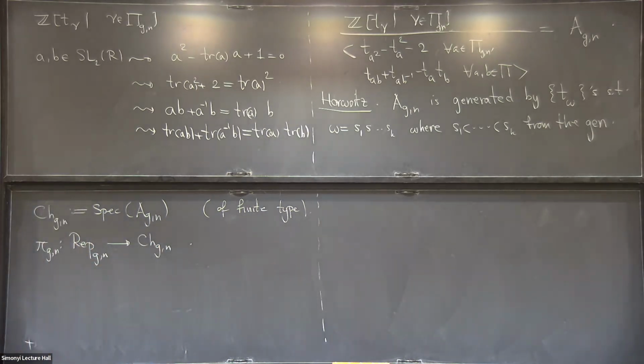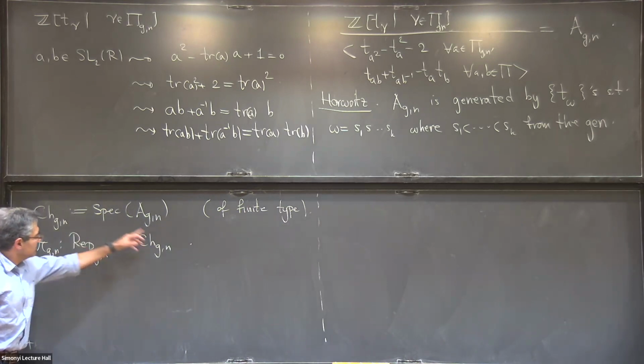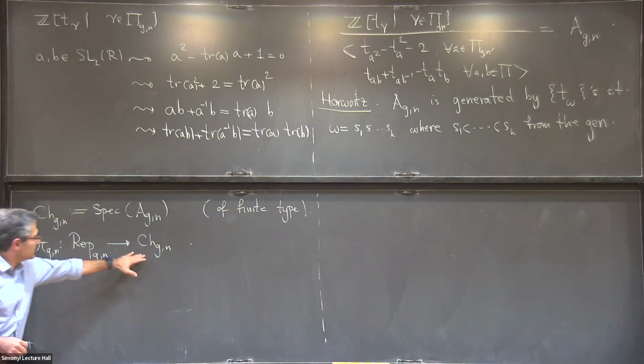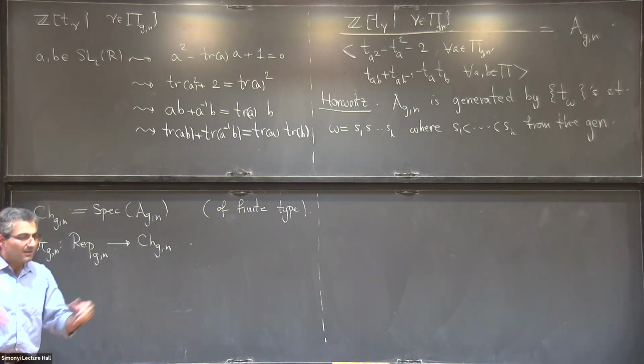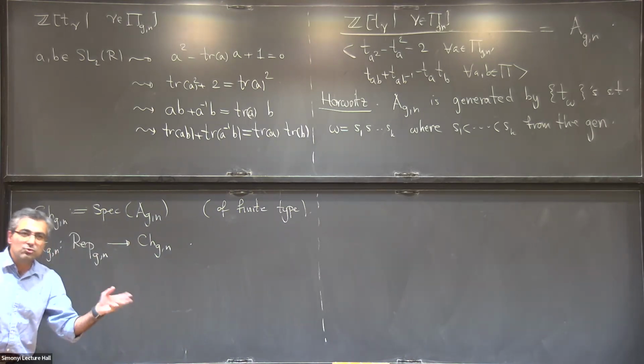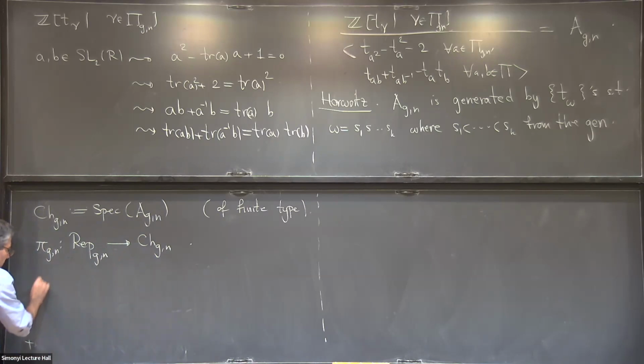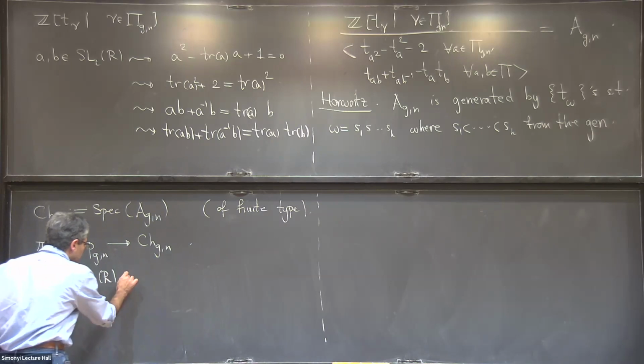Okay, so to understand these better, I prefer to think about the R points of these schemes and describe them at the R points. And R points always means I'm describing them in terms of a bunch of equations, and R points mean I give you a ring, you look at the solutions over there, and what does this map do? So at the level of R points, if rho is an R point here, then we know it's better to think about it as a group homomorphism from this group to SL2R. Then what this pi